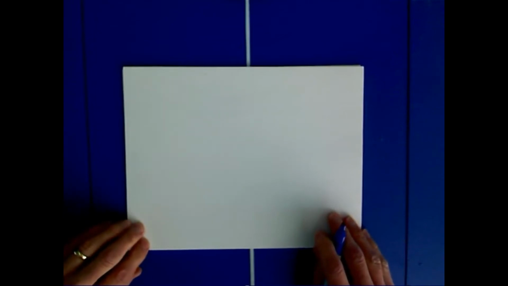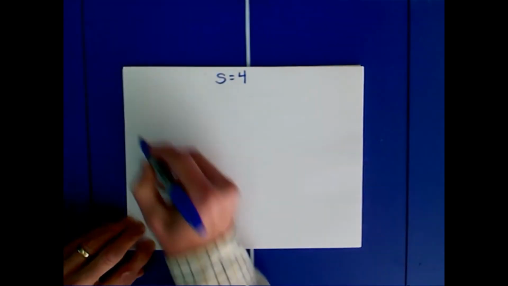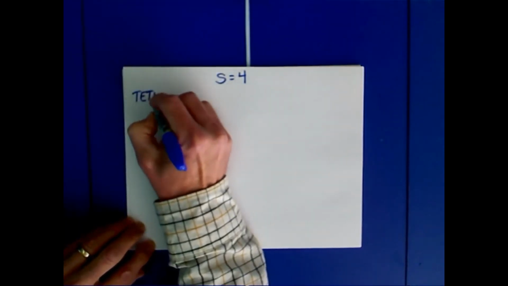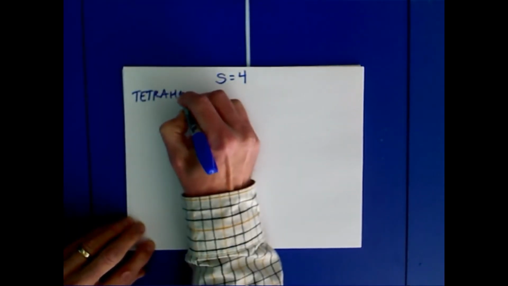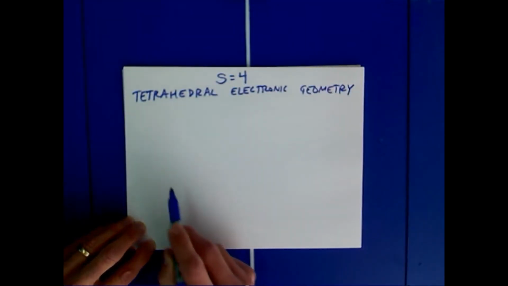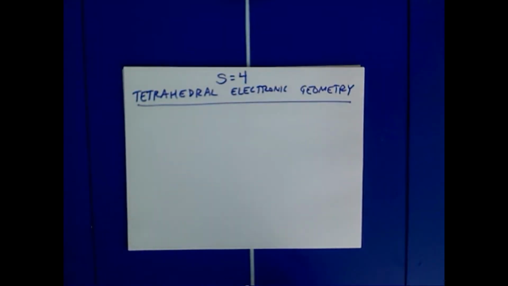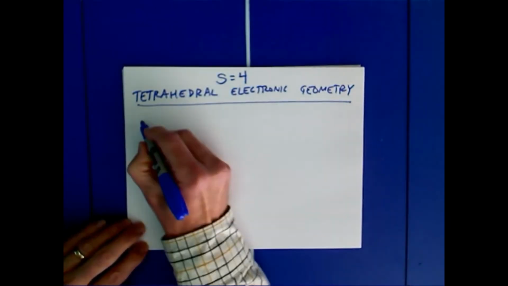In this video, we're going to look at the case where our steric number is 4, in which case we're going to end up with a tetrahedral electronic geometry in all cases. However, as we'll see, this tetrahedral electronic geometry will not result in a tetrahedral molecular structure in all cases. We're going to start with methane,